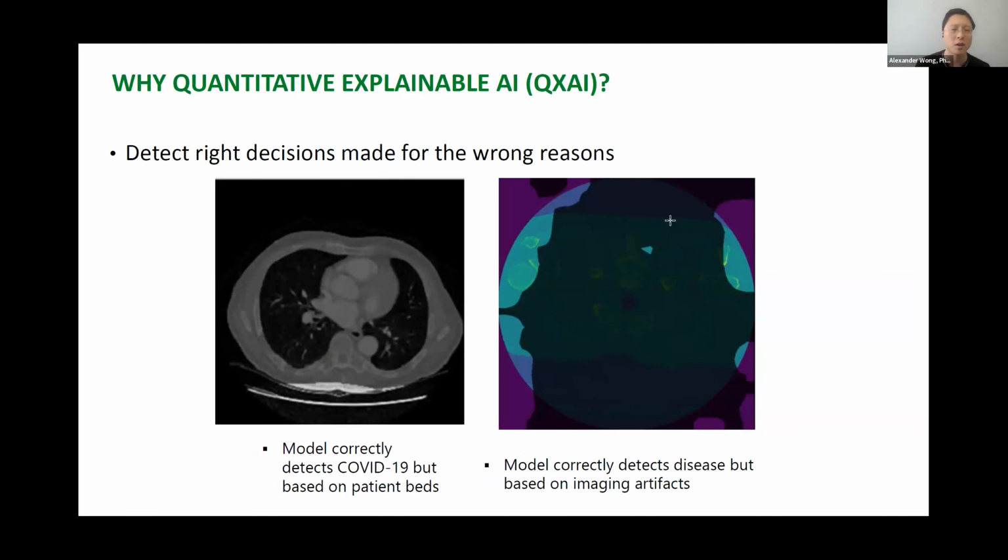On the left-hand side was when we were building a model for detecting COVID-19 from CT scans. And we were getting fantastic sensitivity and specificity, close to perfect, close to 100%. But we did additional auditing using quantitative explainability. And as soon as we saw the explanations, we threw all our results, all our models out the door and started from scratch.